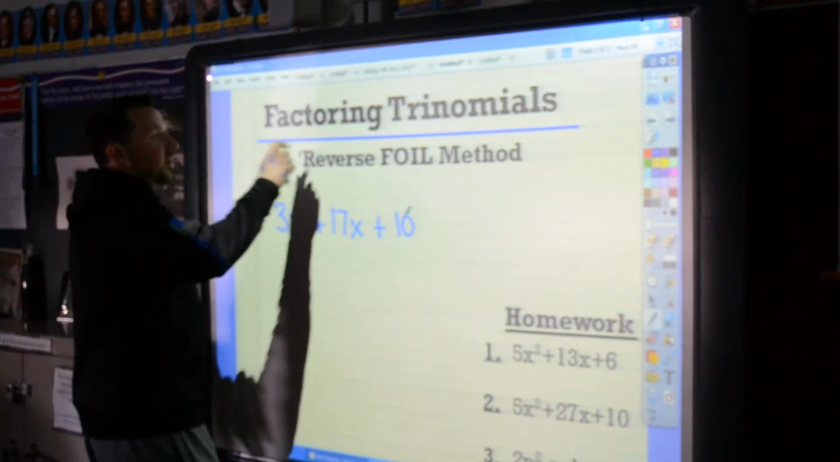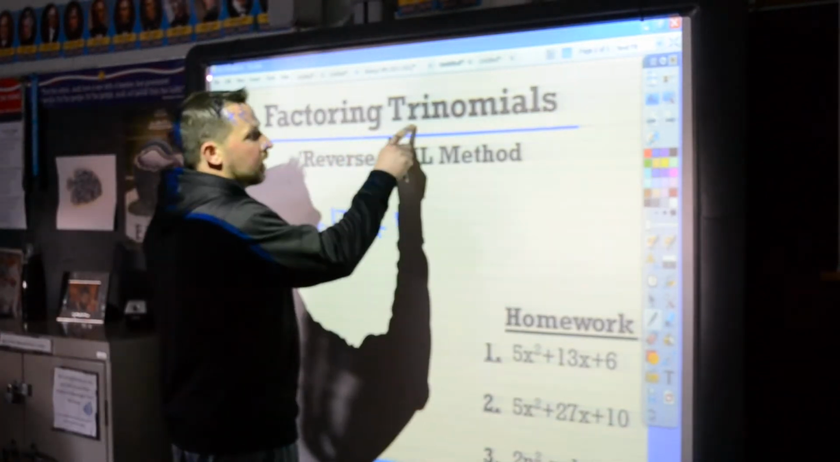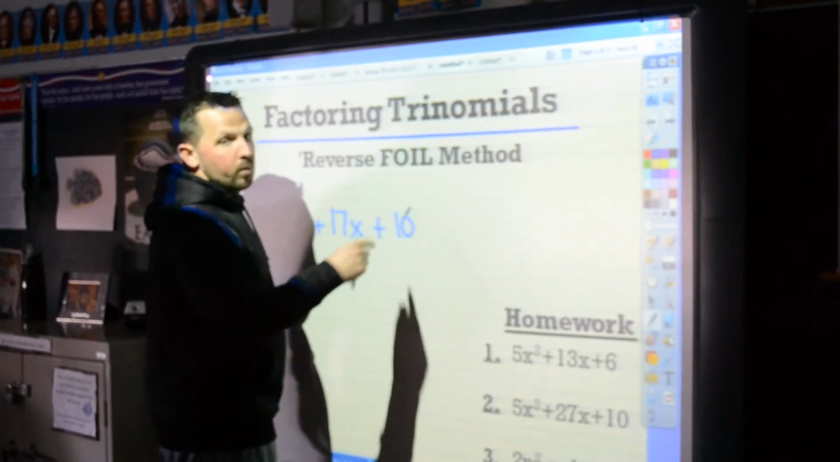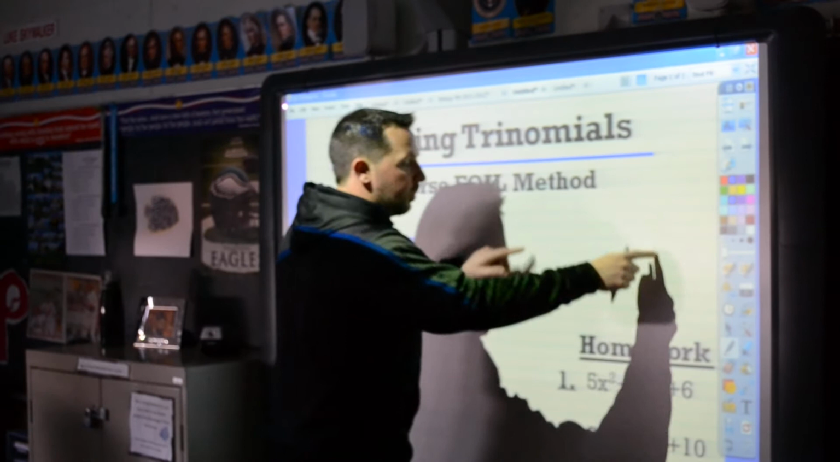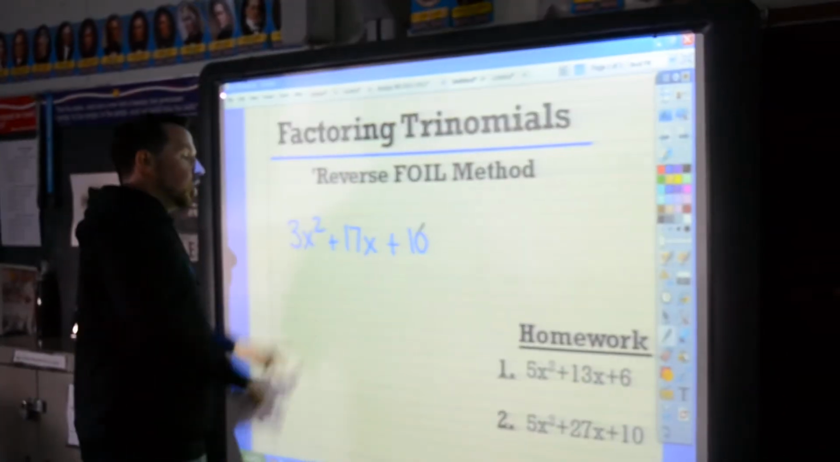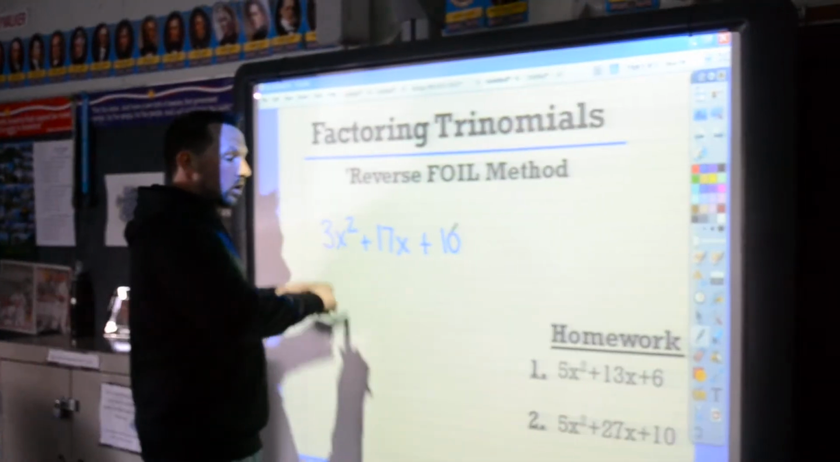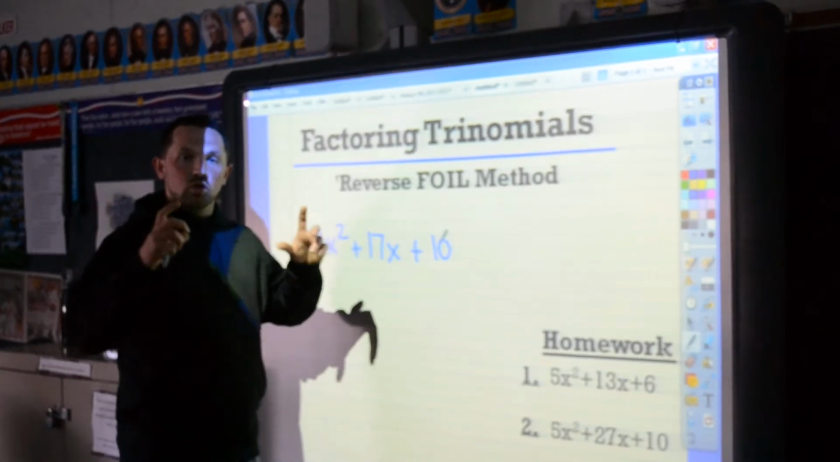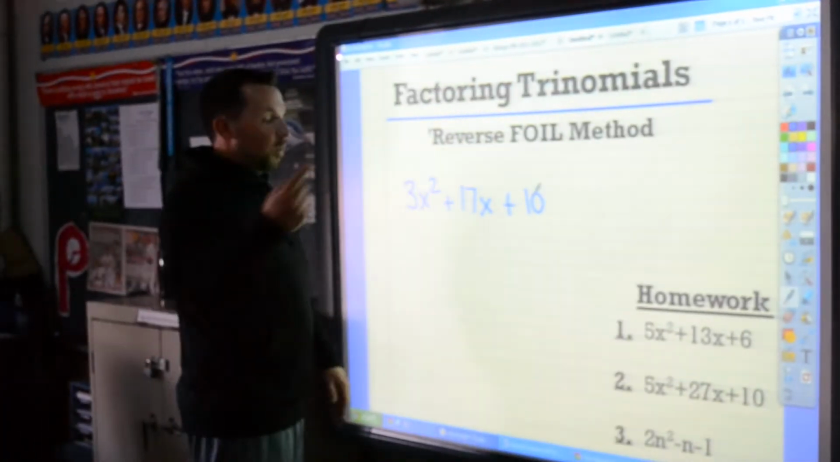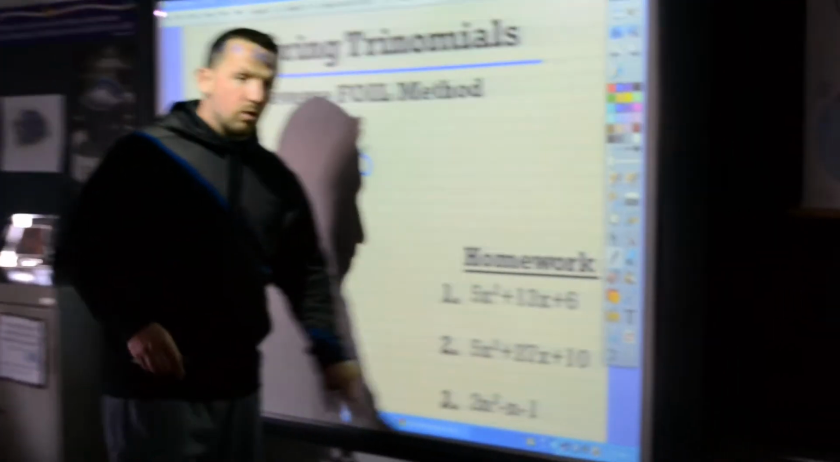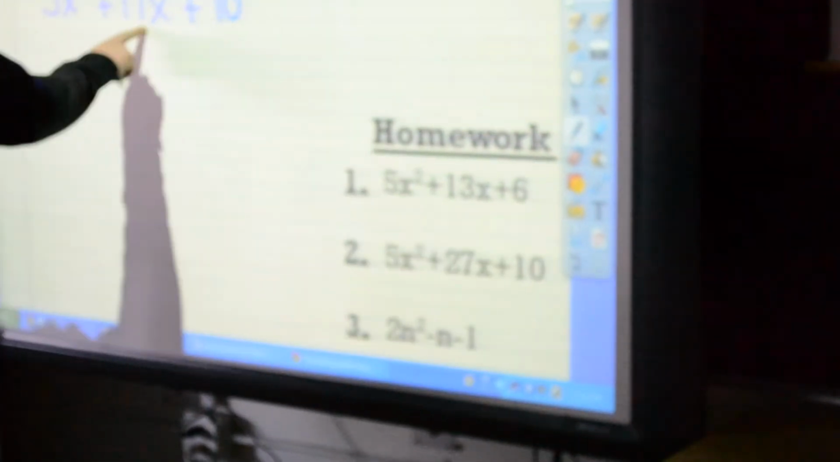Today we're going to talk about factoring trinomials, what we did in class today, also known as the reverse FOIL method. Where now, instead of doing FOIL and taking two binomials and making them into a trinomial, we're going to factor a trinomial backwards to get an answer that looks like two binomials. Now the only way to do this that we're going to talk about, how you're going to do these three problems for homework,